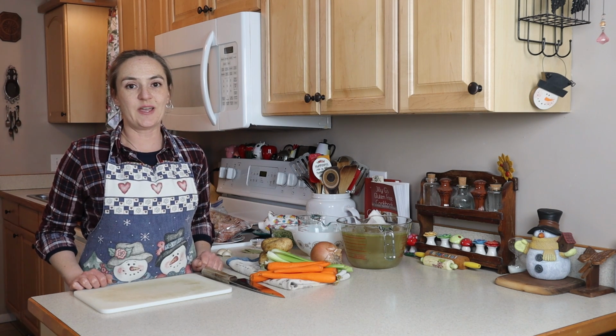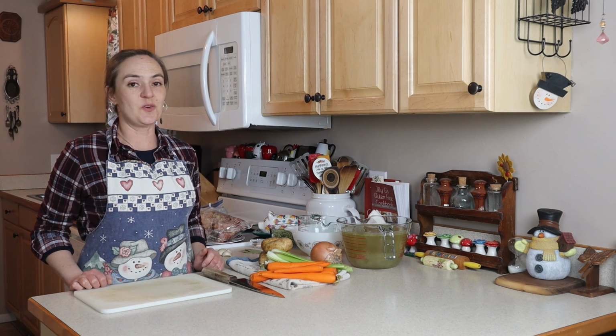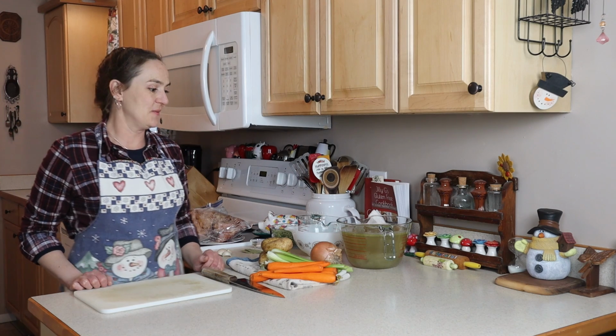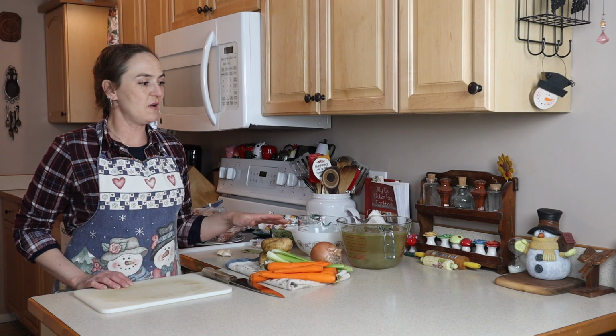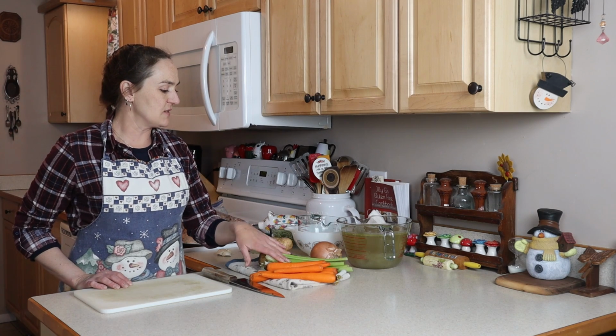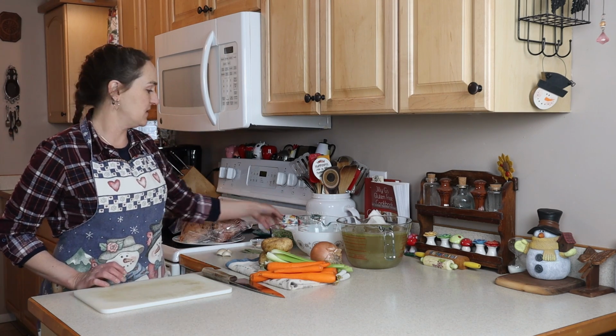Today I'm going to show you how to make split pea and ham soup. Gluten-free, of course, although it's naturally gluten-free to begin with. I've got some of my vegetables already kind of ready. I've peeled my carrots, and then I've got some celery, potatoes, and onion, garlic, my spices, and then of course